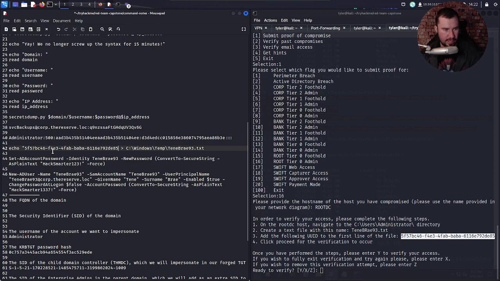So we'll actually echo it like this. And then we'll specify that I'm in. PowerShell doesn't like it, so I'll have to use command prompt to the C users administrator.